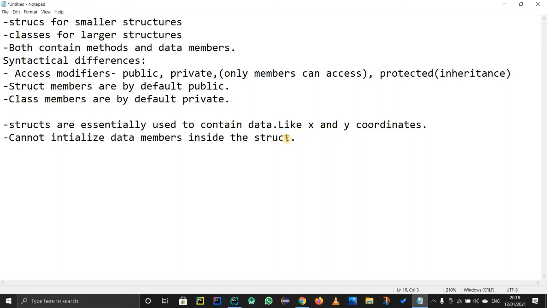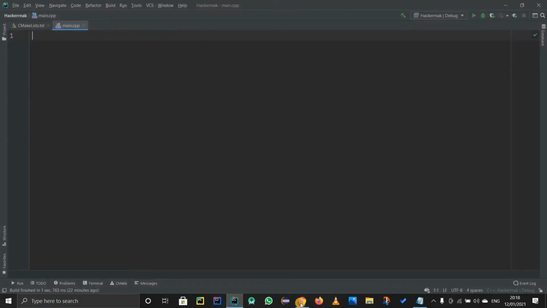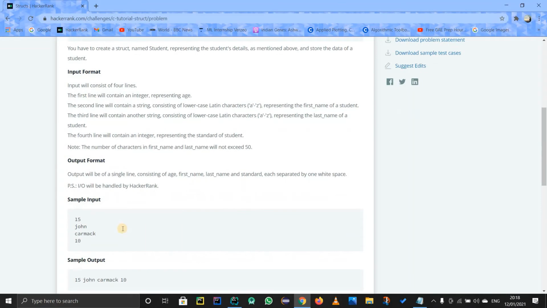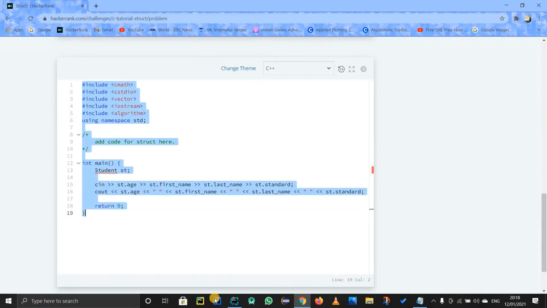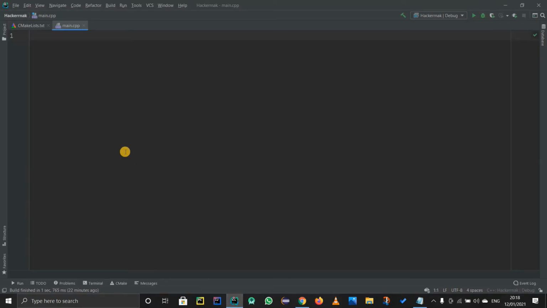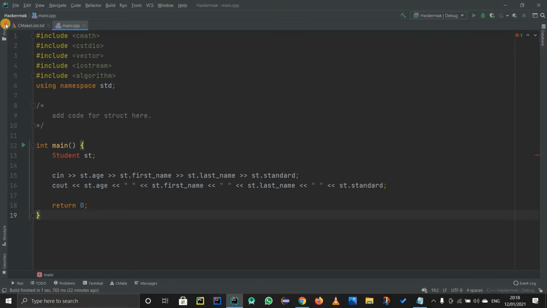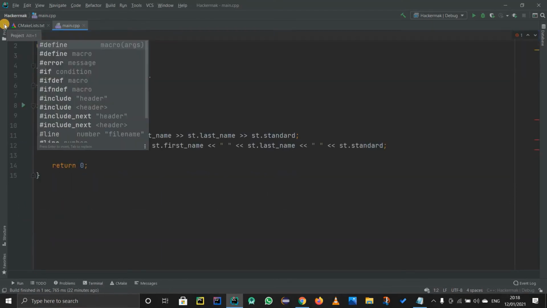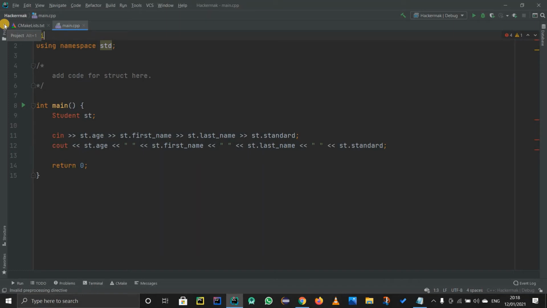One more thing, you cannot initialize the data members inside the struct. This was just a brief explanation of what a struct is in C++. Now, this problem is actually really easy. I try to explain well what I was supposed to do in this problem. If you see, we don't need all these libraries. We just have to include, hold on, yeah, we have to include